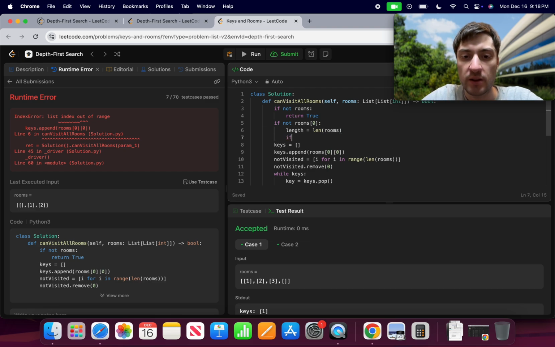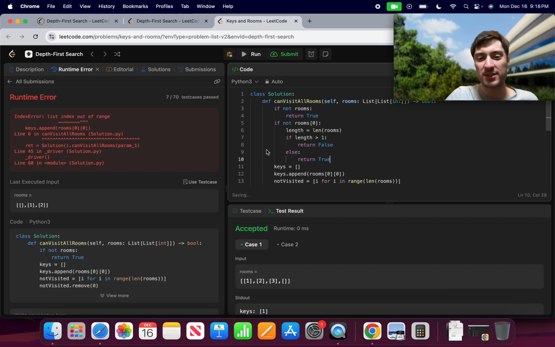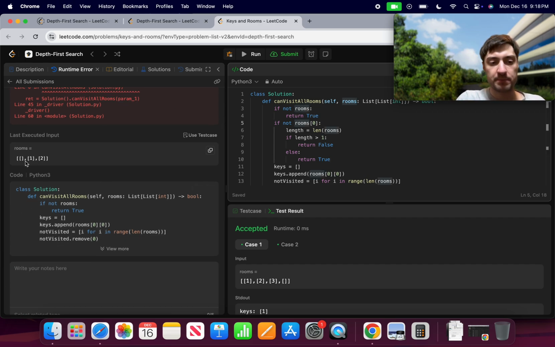So now, if length is greater than 1, return false. Else, return true. So the idea behind this is, what I'm saying is, okay, so if we get an empty room,